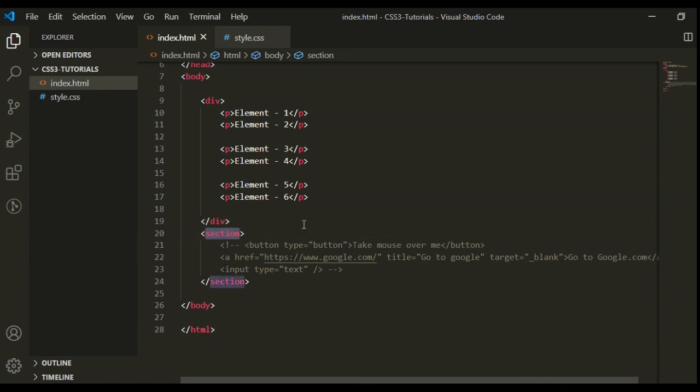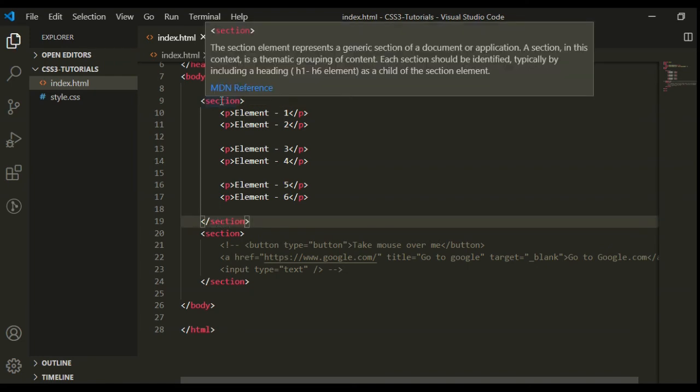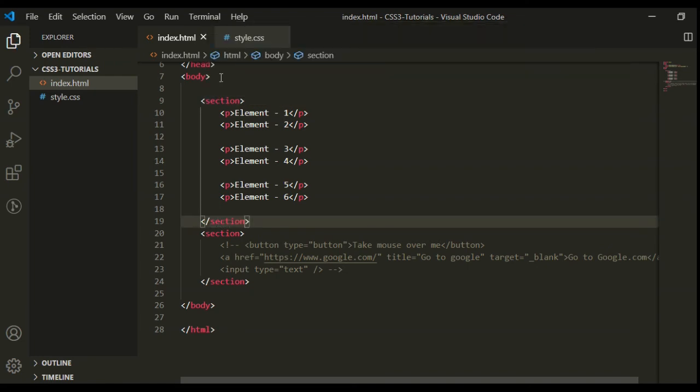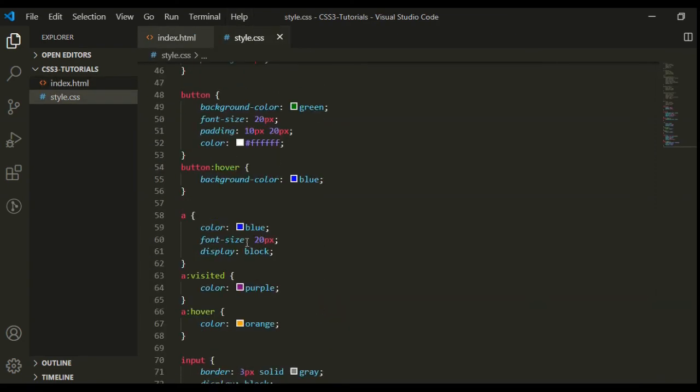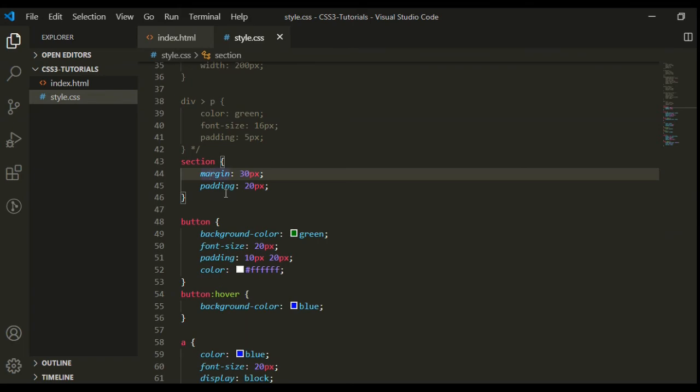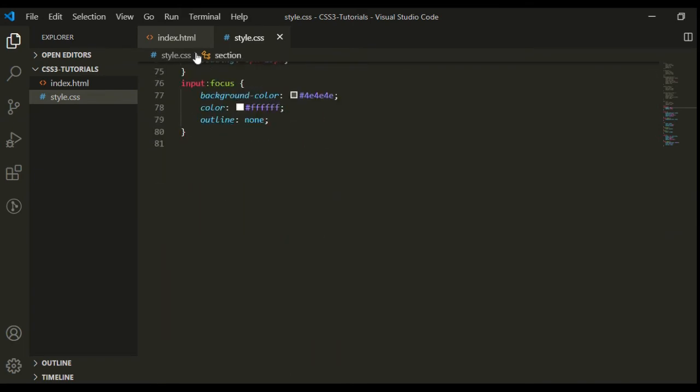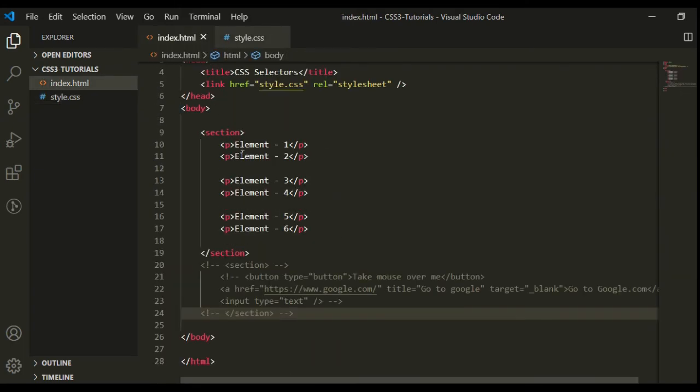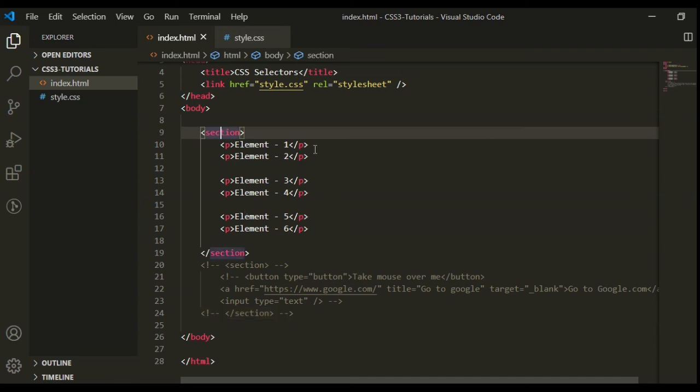So now I am also changing this div into a section element, so this element will also get the section CSS from the style, this margin and padding. So here we have 6 child elements inside the section.